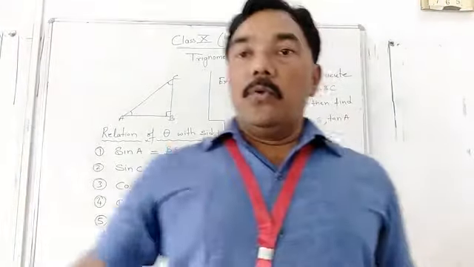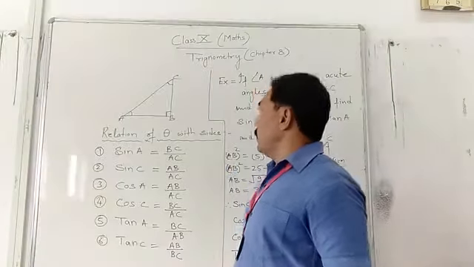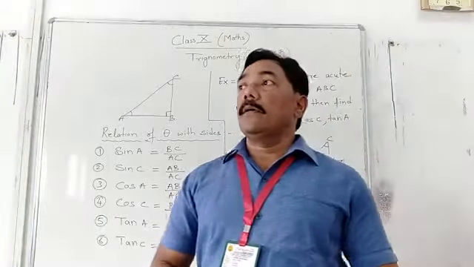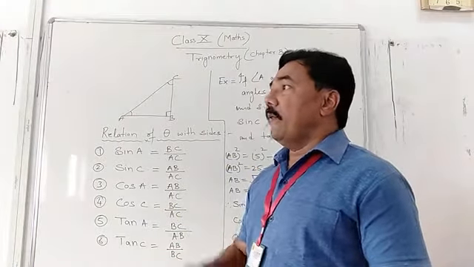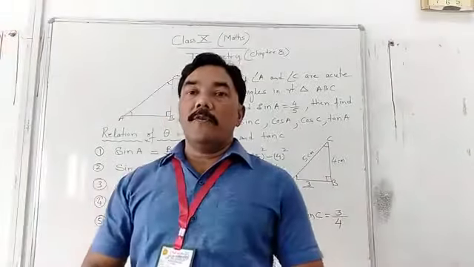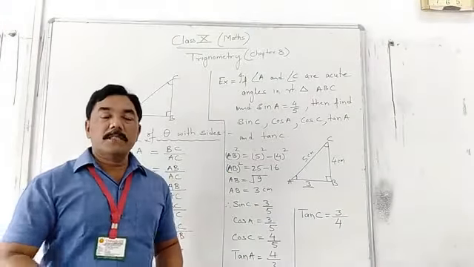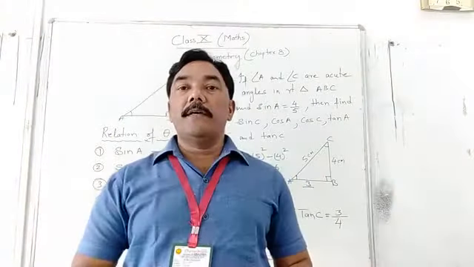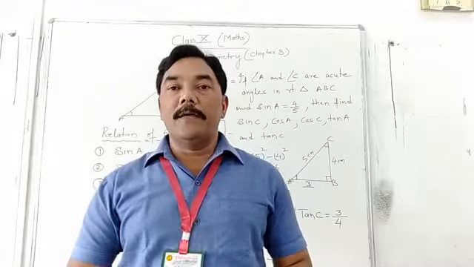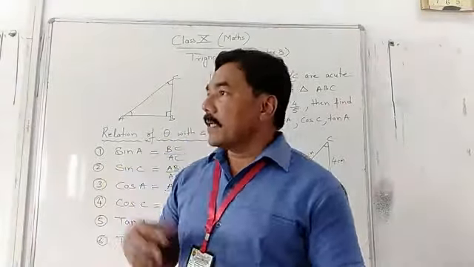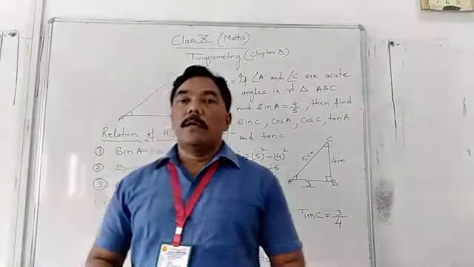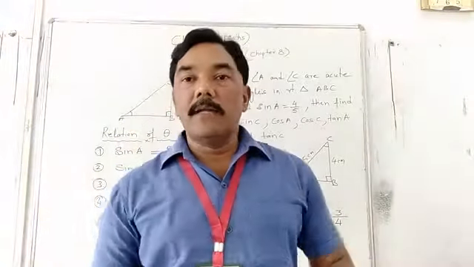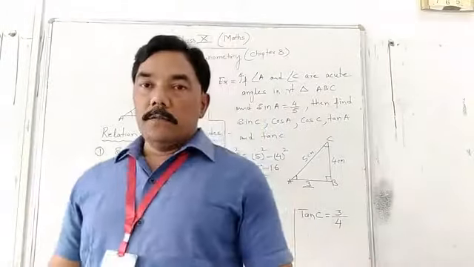Okay, so now we will proceed to the next topic. Now we have to find the values of theta. What are the values of theta in trigonometry? The values at 0 degree, 30 degree, 45, 60 and 90 degree, such as sin 60, sin 0 degree, sin 90 degree. Now you should know the values of these angles. Just write down all these.